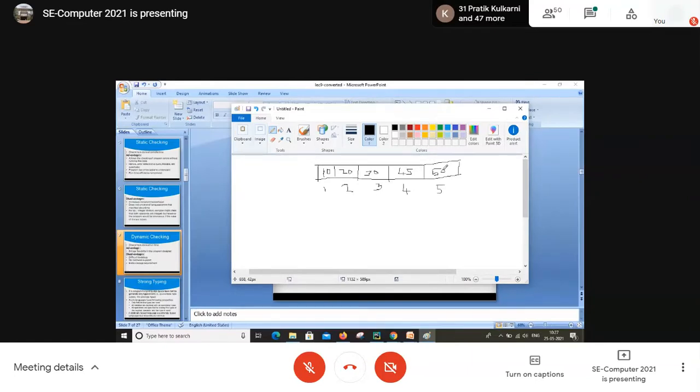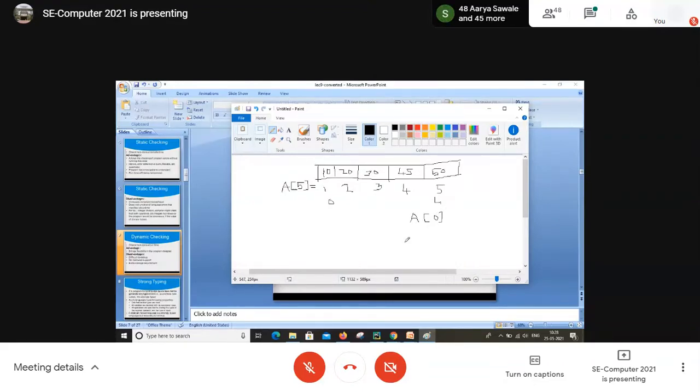Now we have to check the dynamic binding of this array. We know that an array is a static type of declaration, that is A of 5. How can I print the data of the array by using the index? Everyone agrees with me? Index starts from 0 and it will end at 4. This is the general flow to execute an array program. So if I want to print the first content of the array, what do I need to write? A of 0.